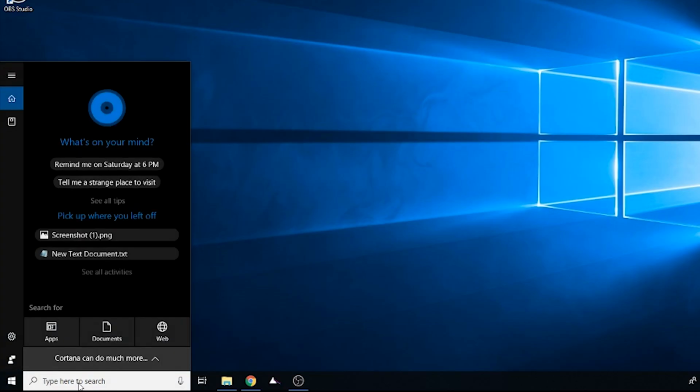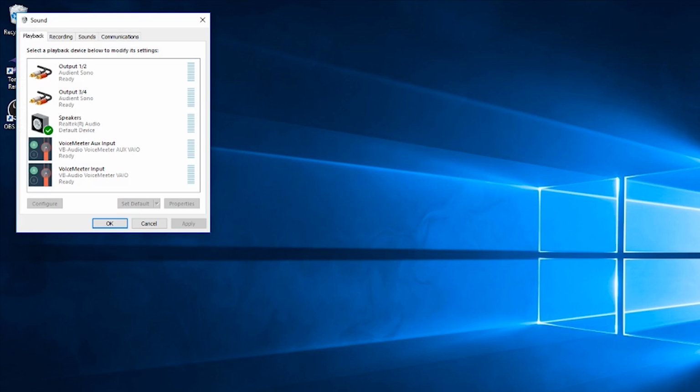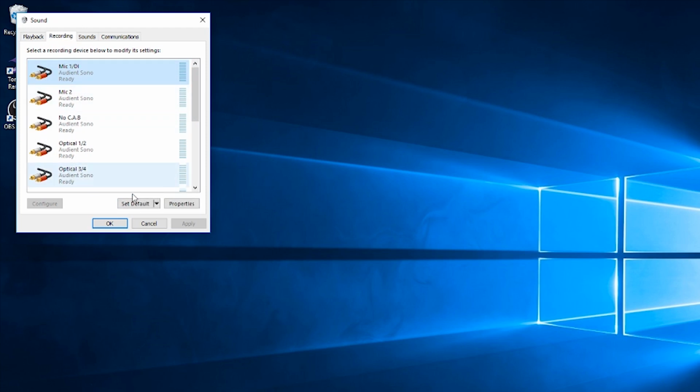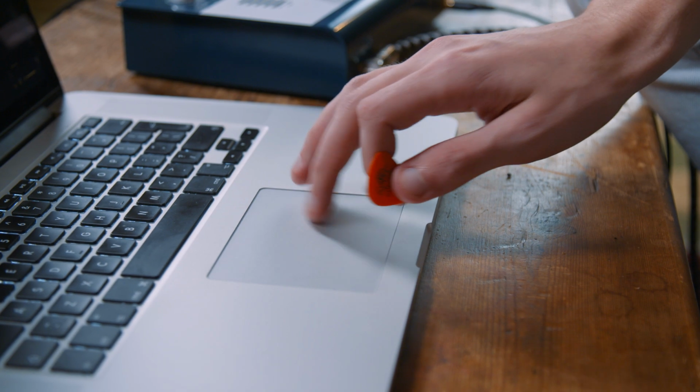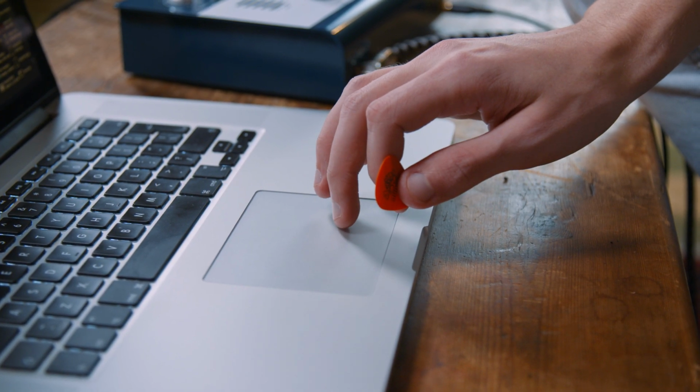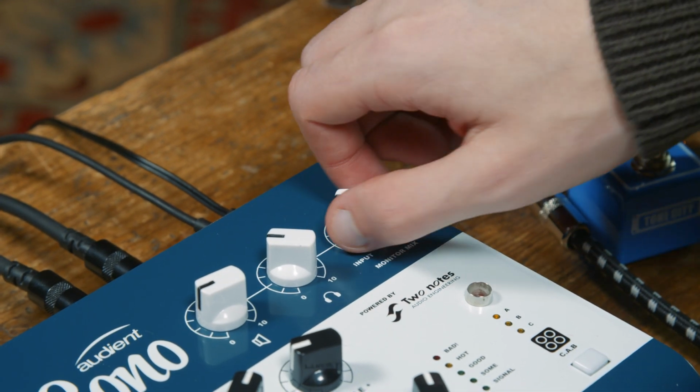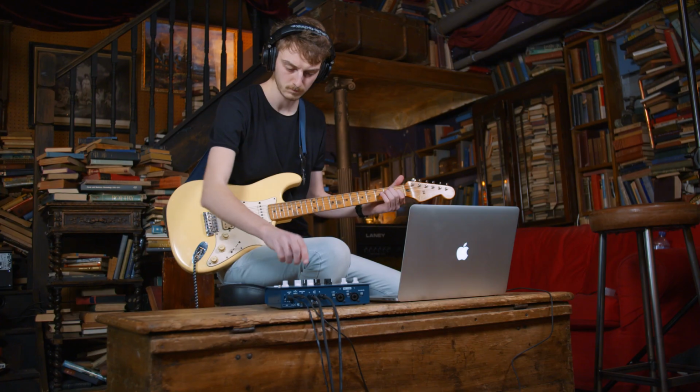On Windows, go to Control Panel, then Hardware and Sound, and then Sound. And then you can make Sono the default device by pressing Set Default in both the Playback and Recording device tabs. You should now notice that if you play something out of your computer, making sure that the monitor mix knob on the unit is at least part of the way towards the door, that it should come out of